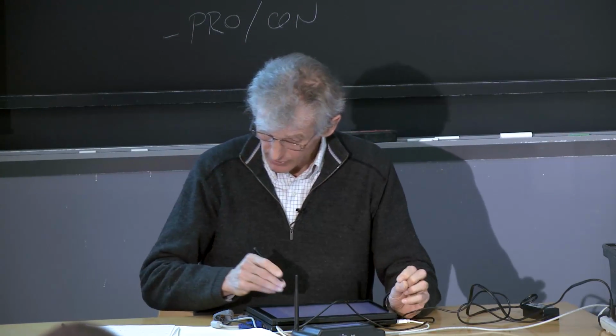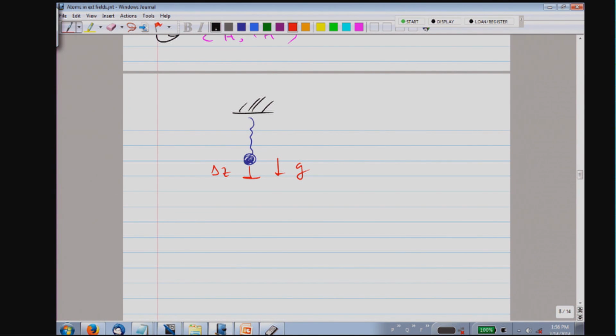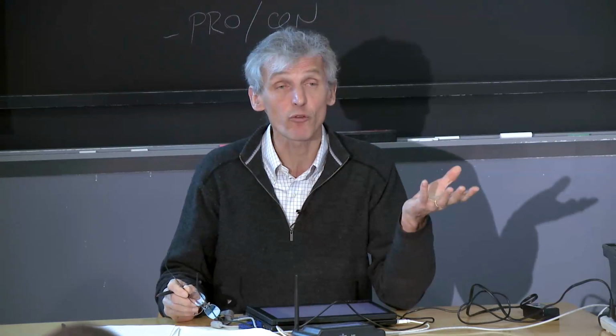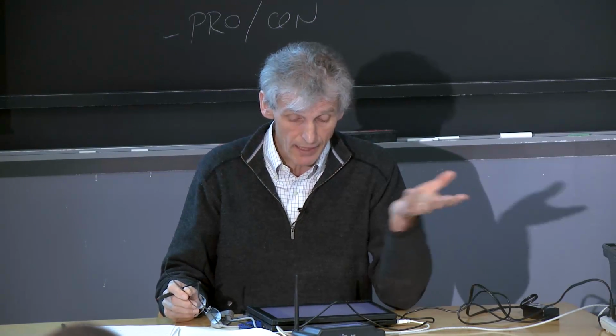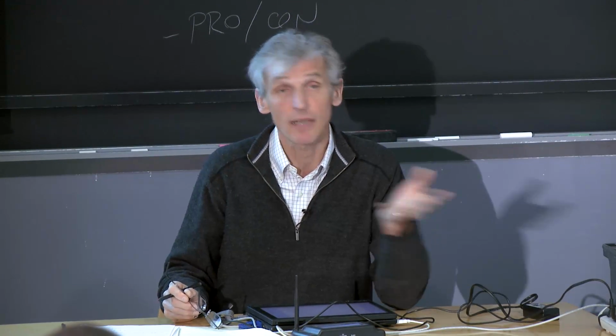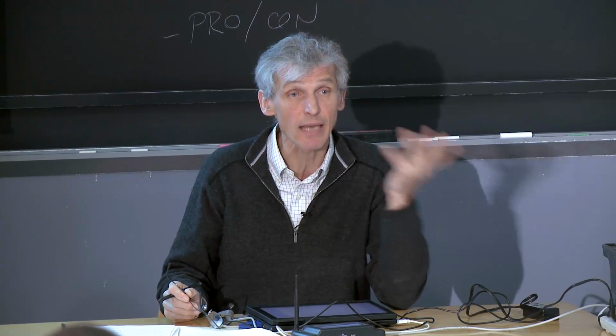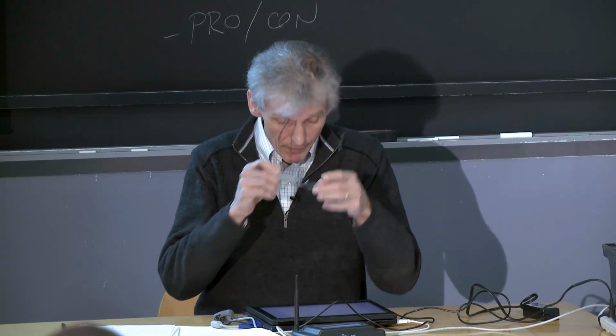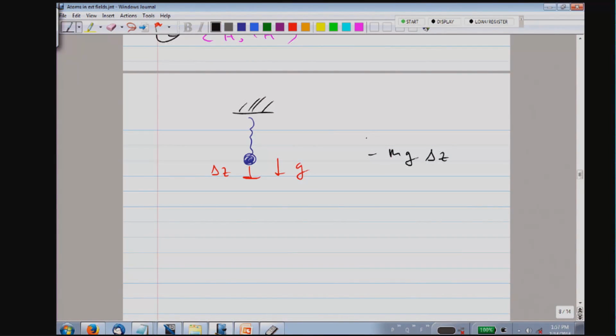Well, I think you would agree that the answer is, it is mg times delta z. This is the work done by gravity with a minus sign. So the expectation value of the perturbation operator is minus mg times delta z, or in electrostatic units, it's simply the dipole moment times the electric field. But what happens is, so this is gravitational energy.